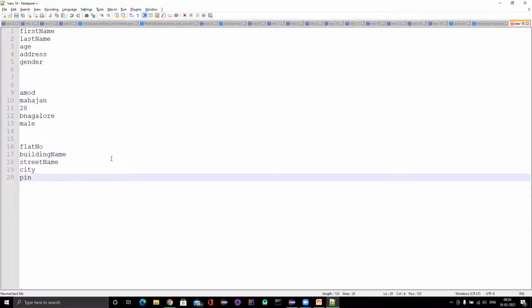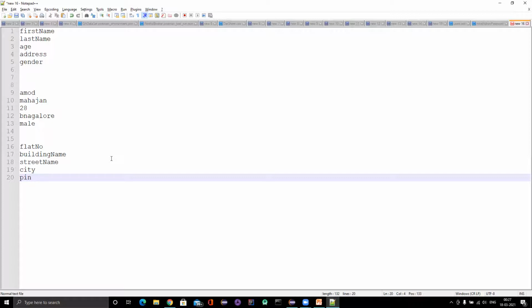So I want to store these five details in JSON. In the very simple way we have already learned, with simple JSON objects, we can create all these five fields separately and add them there. But that is not a good practice. JSON also allows us to group the data in a proper way.